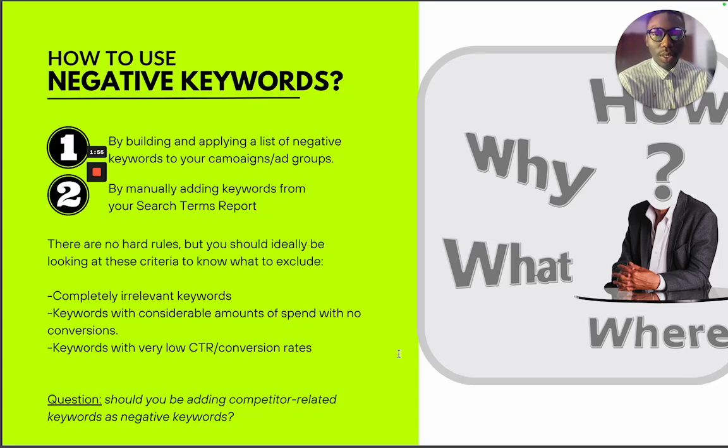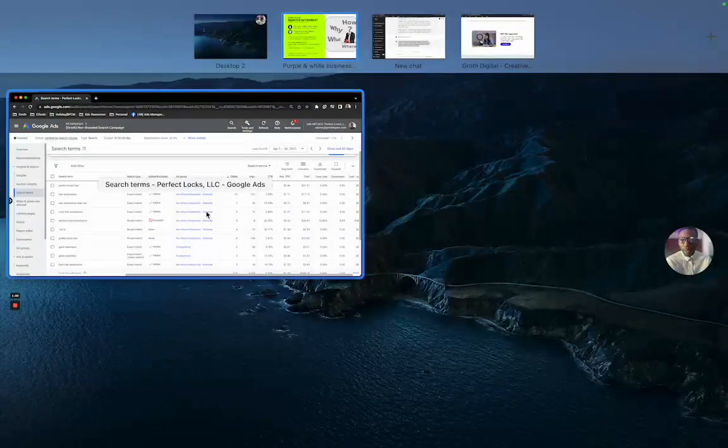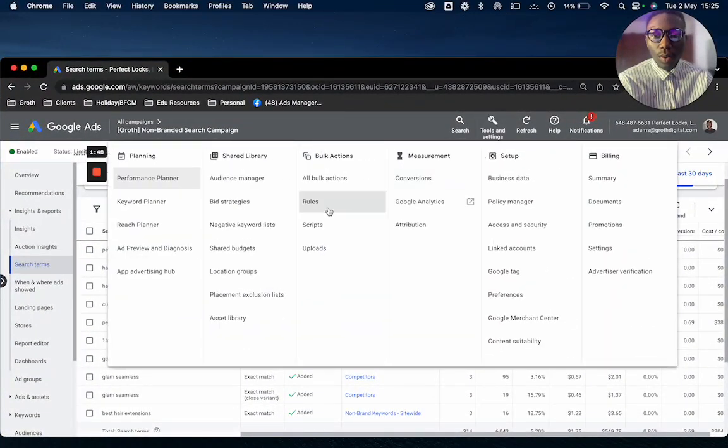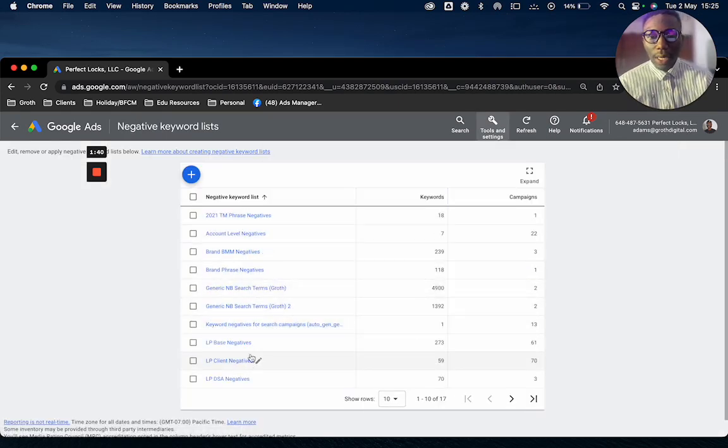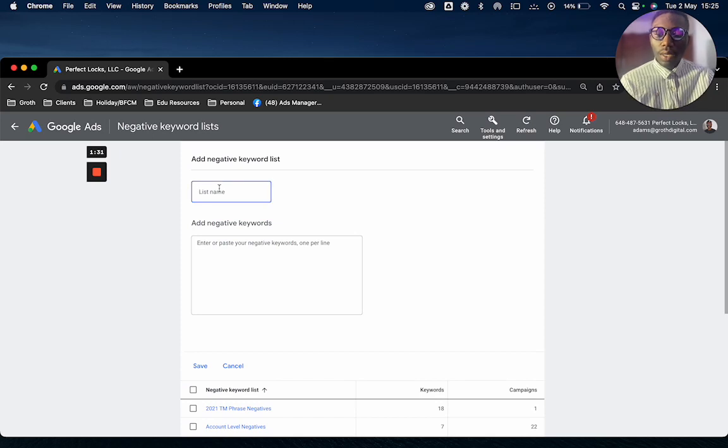So I'm going to jump straight into the screen share and show you how to do this. If you come in here, go into Tools and Settings and look for negative keyword lists, you can see that in this account there's a couple that we've built and applied to a number of campaigns that we have running. But if you want to build one, you just hit the plus button here, give it a name,